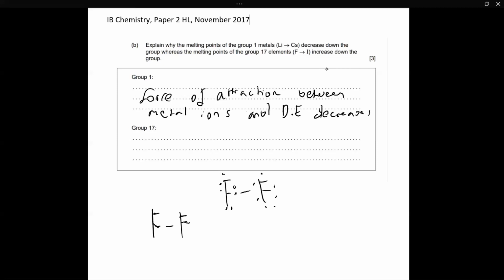So they have 7 electrons, and that's a lot of electrons. Let me just make sure I have the right amount of electrons. 1, 2, 3, 4, 5, 6, 7. Oh, that's interesting. Anyways, because they have so many electrons,